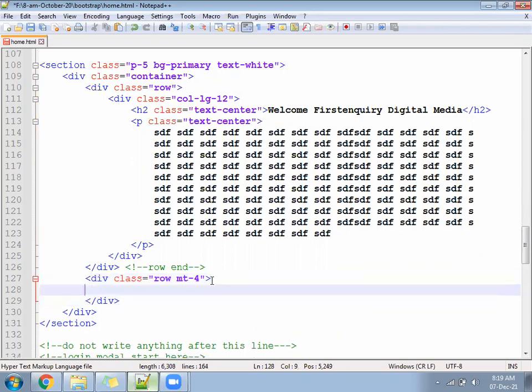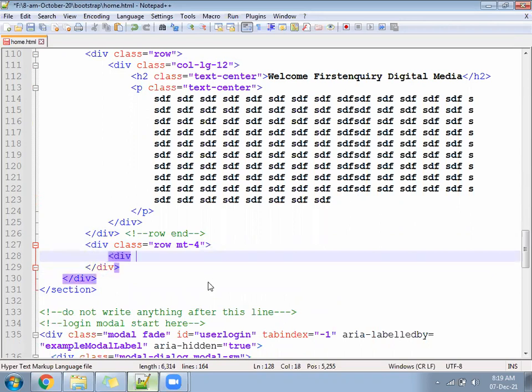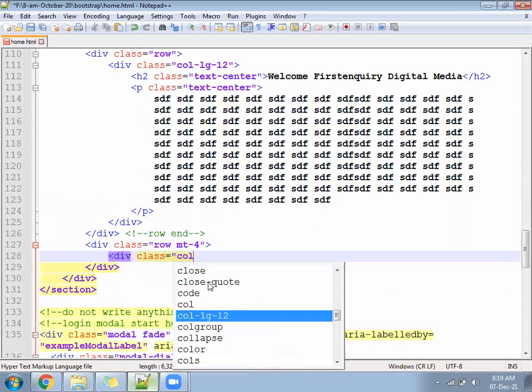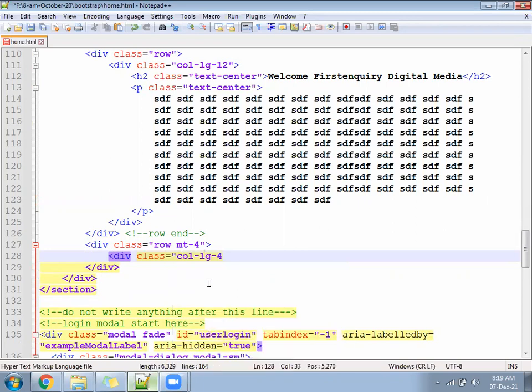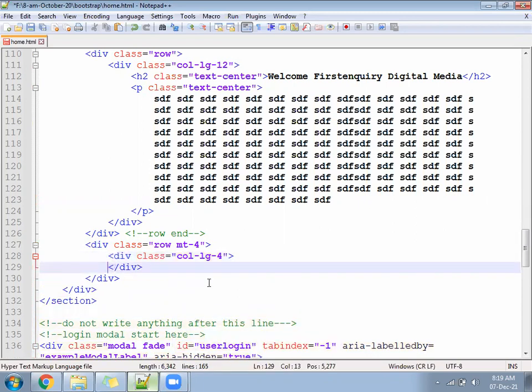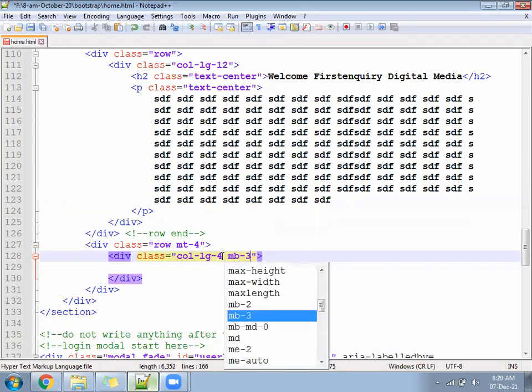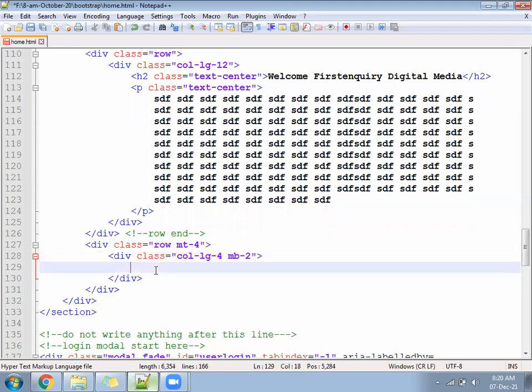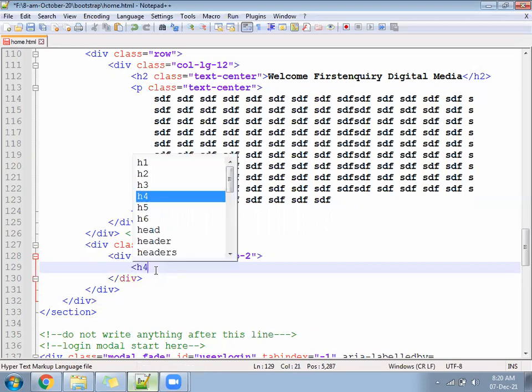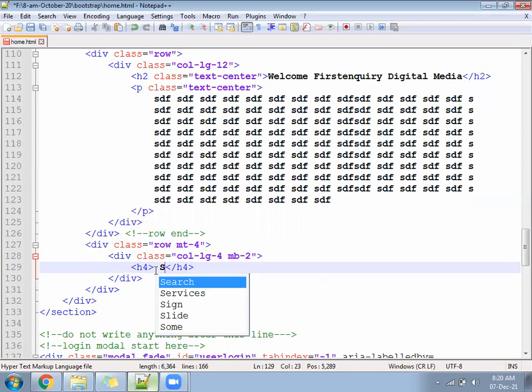After that, come here, write a division, class equal to col-lg-4, col-lg-4 plus mb-2 or maybe mb-3, and inside you write a photo. First h4 you can write, software services.